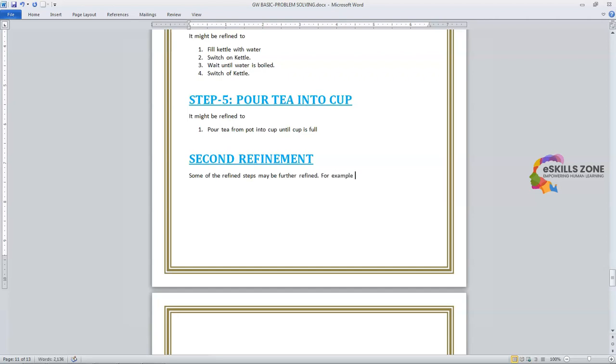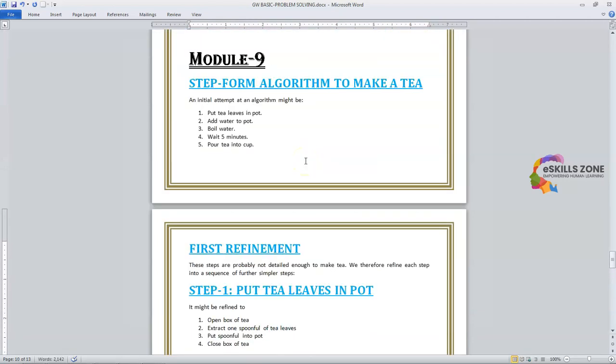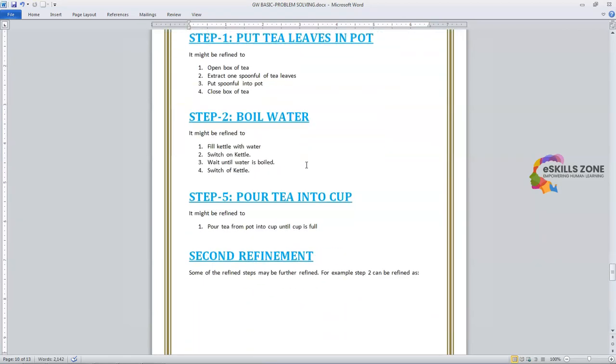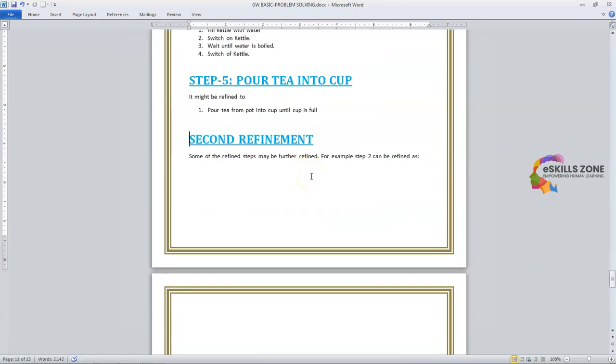For example, step 2 can be refined as step 1, and step 2, fill kettle with water, and it might be refined to